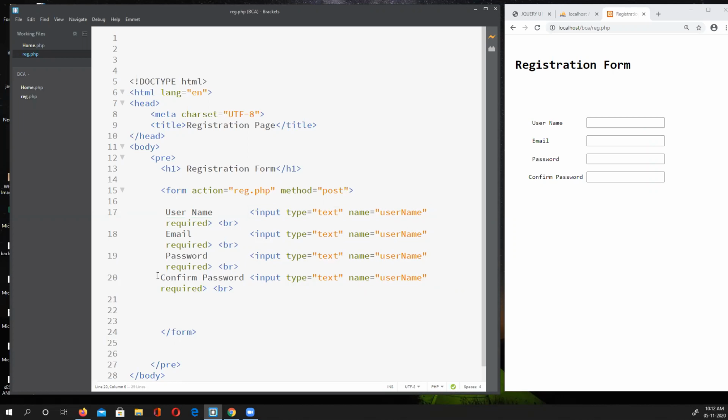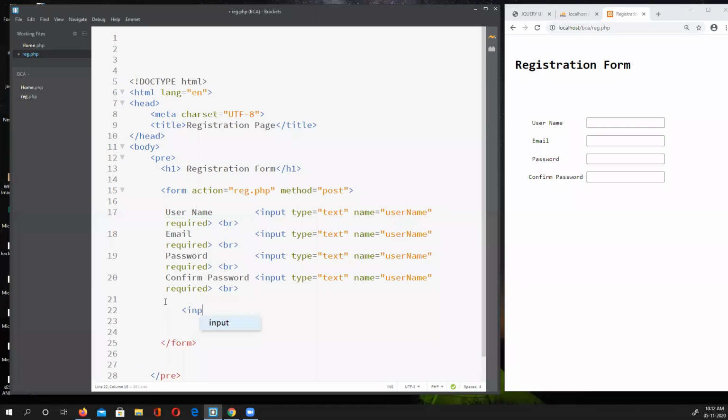Okay. So confirm, C here. Get it on the same line. So pre will help me. That's why I'm using pre. Otherwise, I would have to use CSS and it would make my code a little messy. I don't want that. I have less than 1 minute. And the last thing I will have here is an input box. I'm going to have an input, and this time the type is not going to be text. Rather the type is going to be submit. Okay. Submit button. Okay. And name